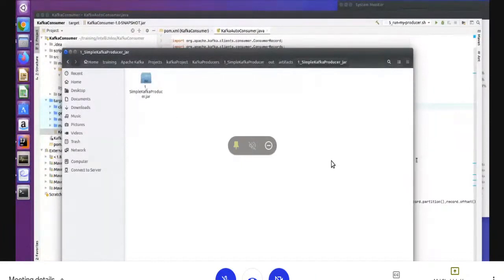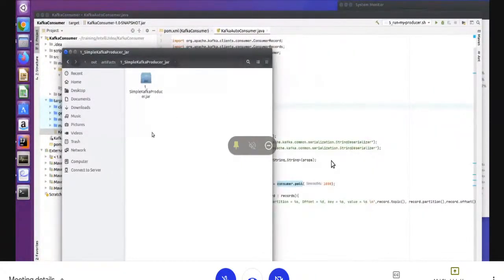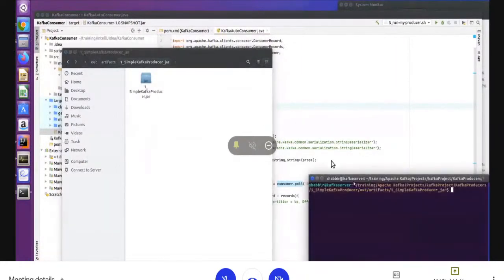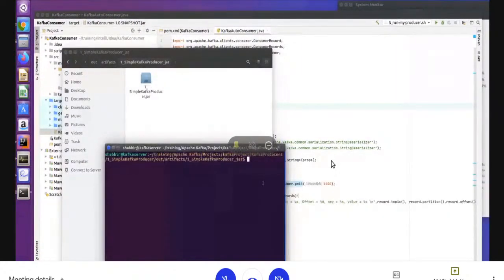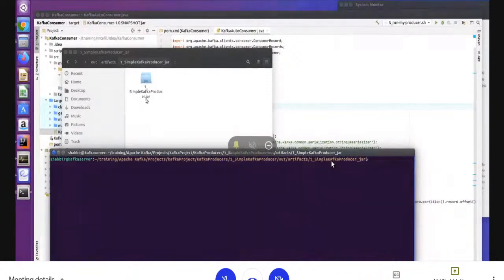This is the producer jar I have created. So let's produce some data with my jar. I will show you first how to use this jar, right? You can copy this jar anywhere, on any cluster where you are running Kafka. And we have to run this jar. I will show you later how to create the jar. So this is the jar file for the producer. It will produce some data, right?